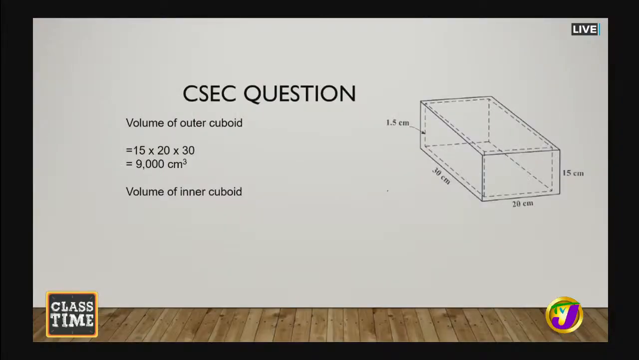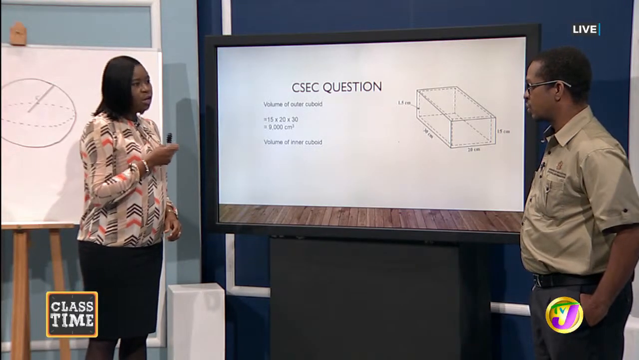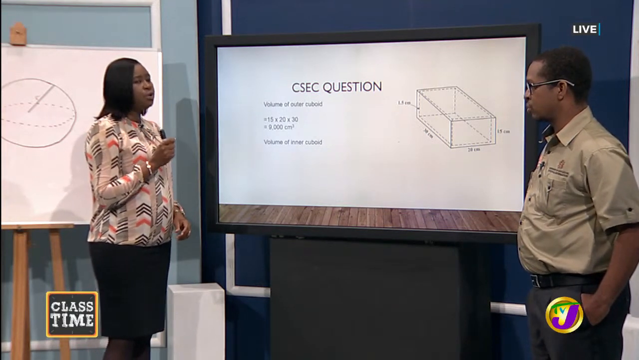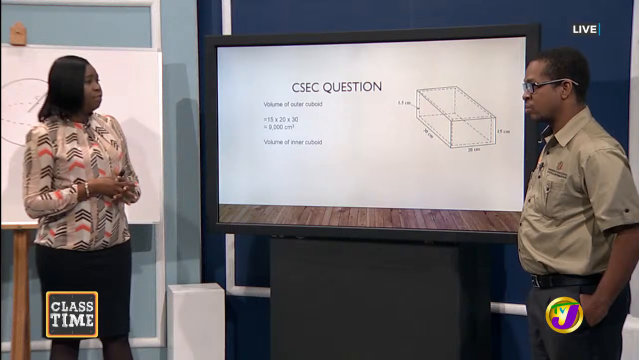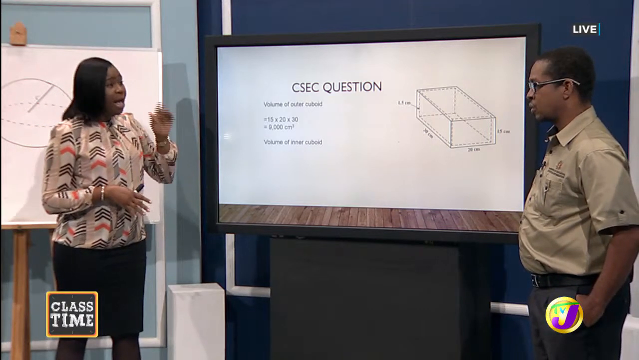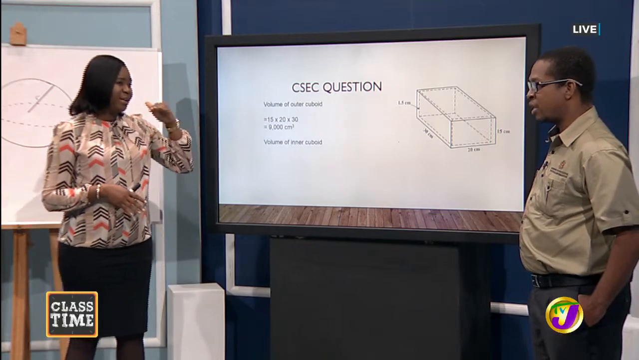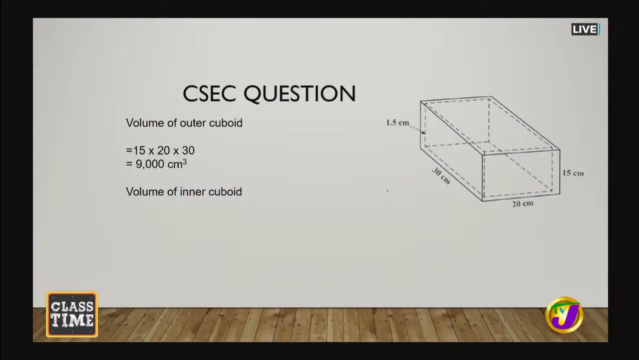So that information of the 1.5 centimeter thickness is crucial to the values that we're going to plug into our formula to find the volume of the inner cuboid. And remember, we didn't have any lid, so we only needed to take it once for the height. Now, when we substitute those values, we get 13.5, 17, and 27. So our dimensions reduced, and when we multiply them, we get a volume of